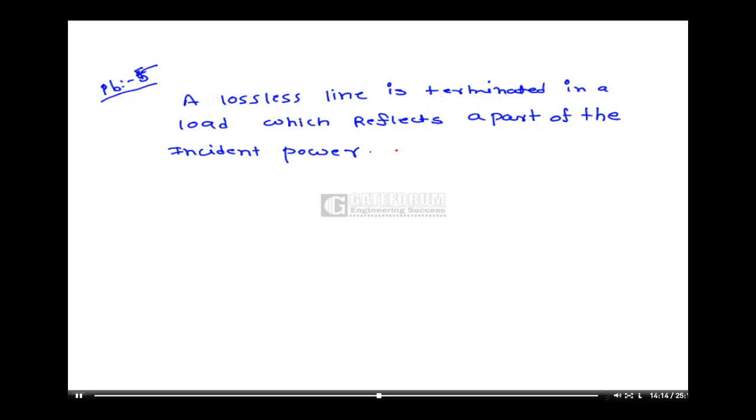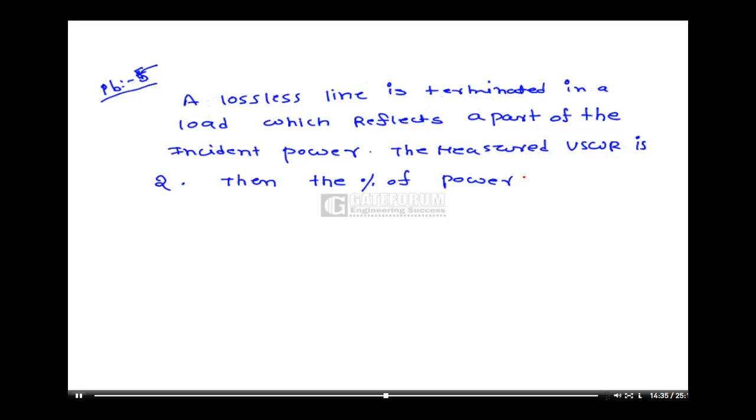The measured VSWR is 2. Then the percentage of power that is reflected back is: